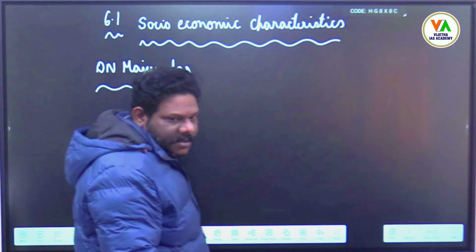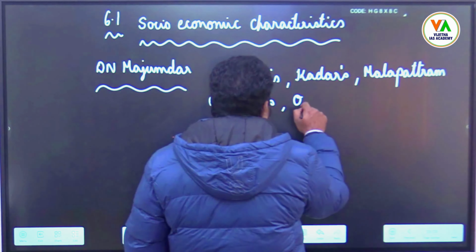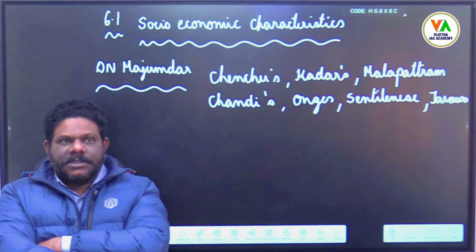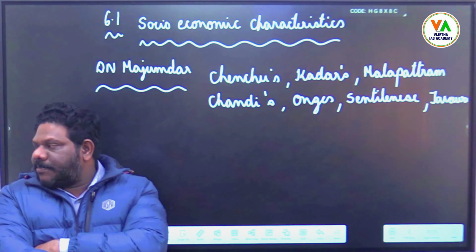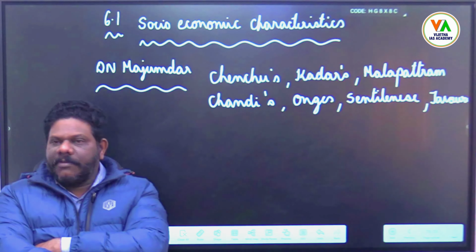He classified Indian tribes into, number 1, tribes engaged in hunting and gathering, who are subsisting by hunting and gathering. Example: Chenchus, Birhors, Malapantaram, Chandis, then you can write Onges, Sentinelese, Gauravas, etc. Next, tribes engaged in cultivation on hill slopes. Most of the northeastern tribes, please write, tribes of Arunachal Pradesh, Assam, Meghalaya, Manipur, Mizoram, Nagaland. It is known as Jhum, J-H-U-M, Jhum cultivation.